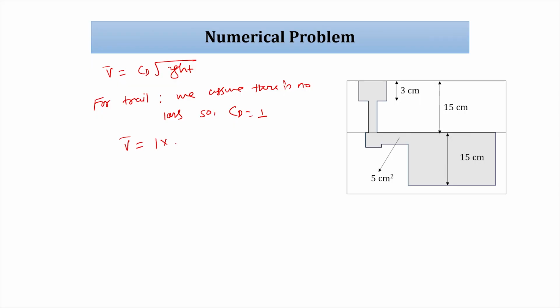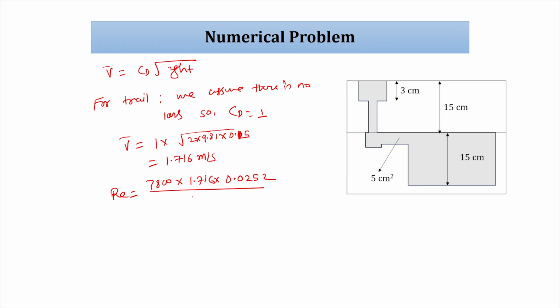V equal to 1 into root under 2 into 9.81 into HT equal to 0.15, and that is coming 1.716 meter per second, as the previous one. Now, Reynolds number is 7800 into 1.716 into 0.0252 divided by 0.00496, and we are getting the value of 68,003, which is more than 2000. So, turbulent